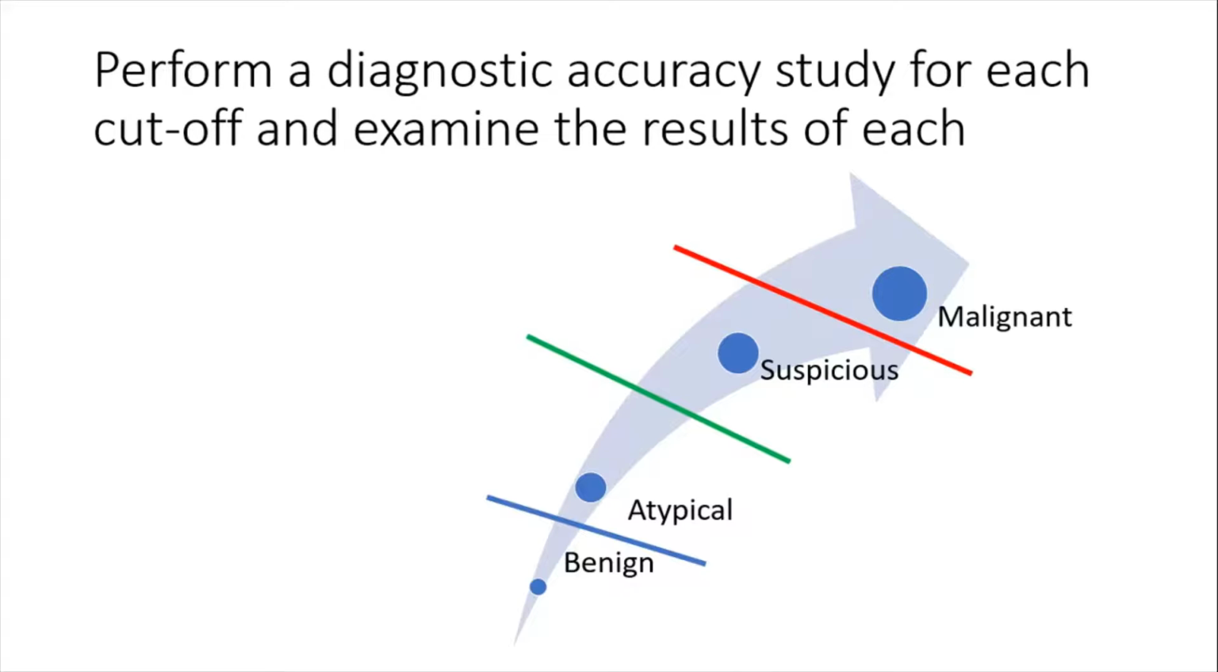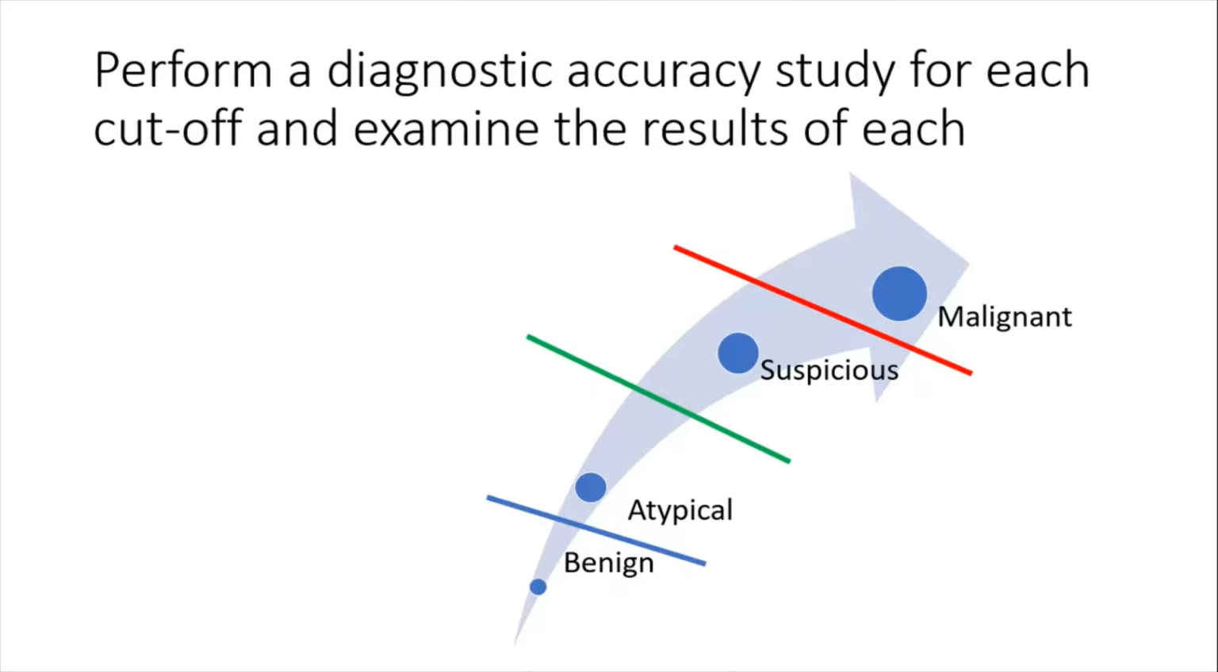The solution to this is to do a diagnostic accuracy study for each cutoff and examine the results of each. In this case, for such a system of benign to atypical to suspicious to malignant, we will be having 3 results of sensitivity, 3 results of specificity, 3 results of PPV, 3 results of NPV, and from there we can see the satisfactoriness of each and every cutoff. Maybe we can find out which cutoff is most appropriate. However,